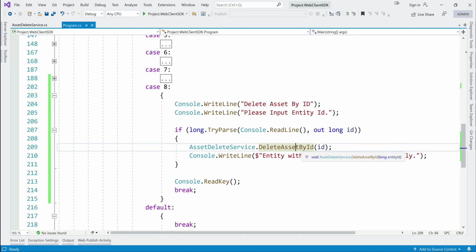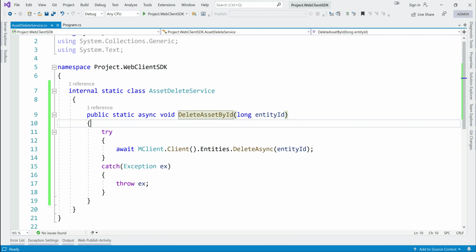Same logic, it just deletes by asset ID. Previously we were working on querying, but now it is entities, delete async. All it requires is an entity ID because that's uniquely identified in the system. So we need to pass the entity ID, and we can delete.